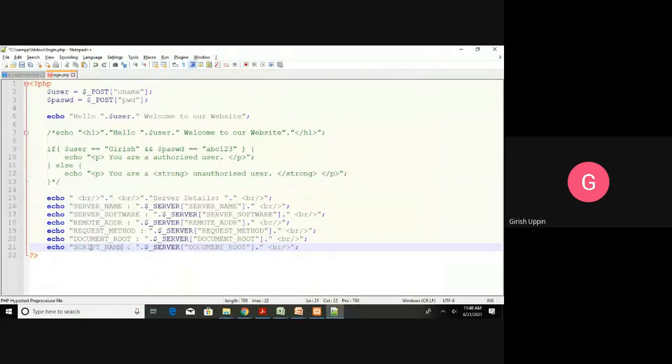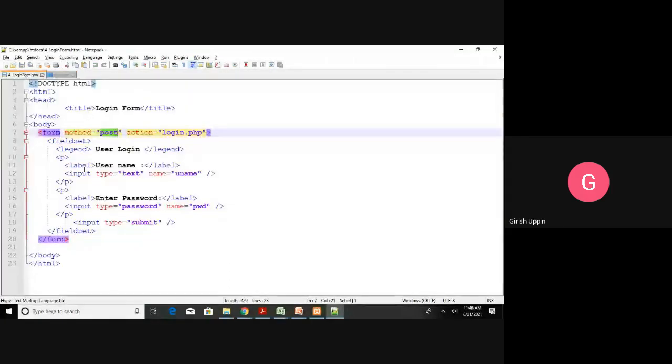What is the script name? Anybody? Okay, I updated the PHP. So what is the script name? Anybody can tell? So this is the script login.php action. This is the script that we are going to run when we run this particular HTML.